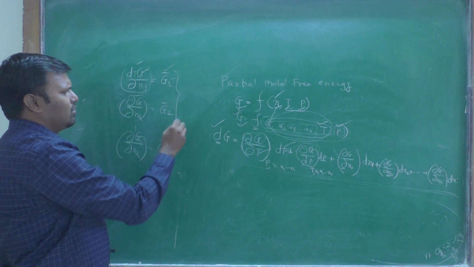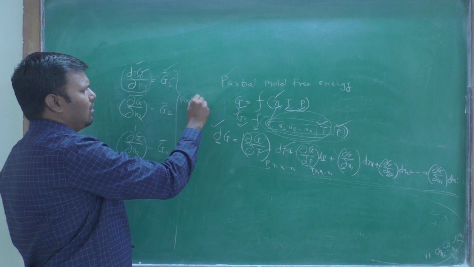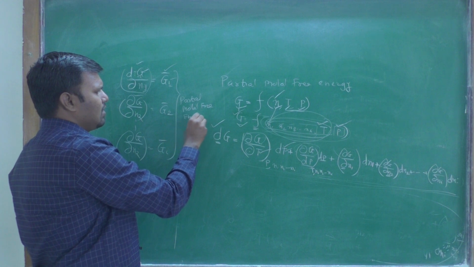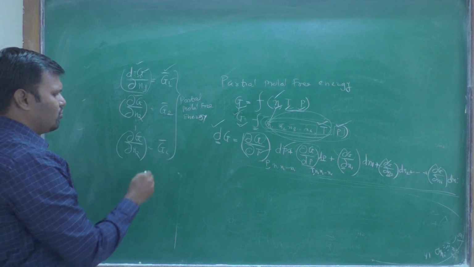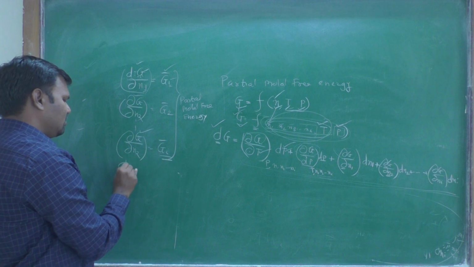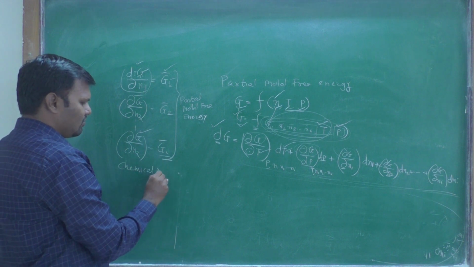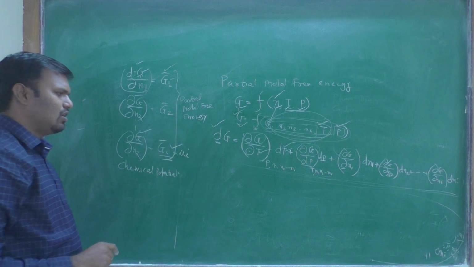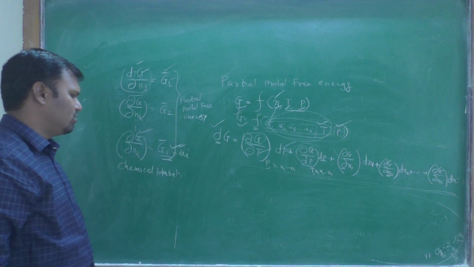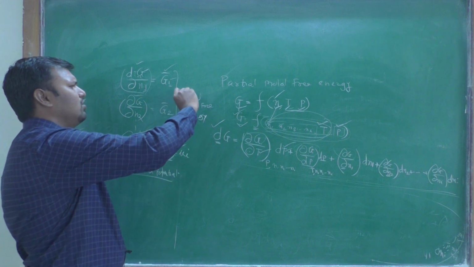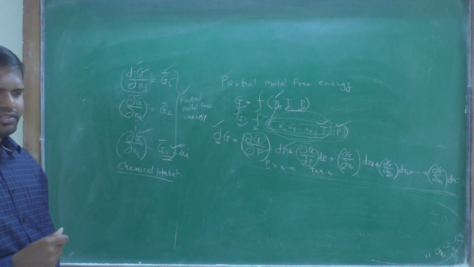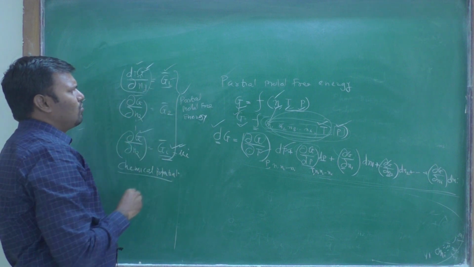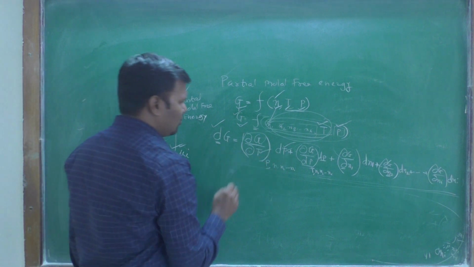This term is nothing but the partial molar free energy, and it is also called the chemical potential. The other notation for this is mu i. For Gi we can also use mu i as a notation, and it is also called the chemical potential or the Gibbs partial molar free energy. Therefore we can replace these mathematical terms with G1, G2, Gi in this equation.